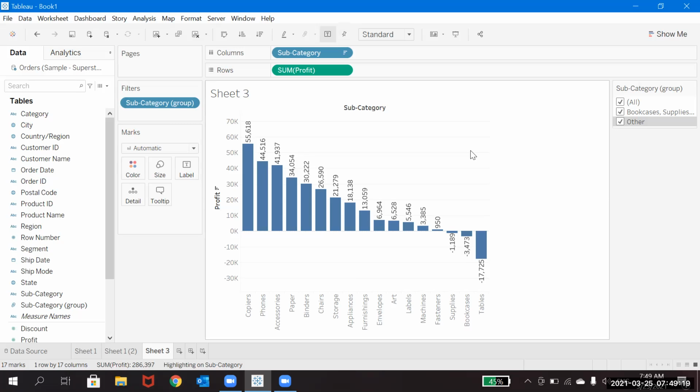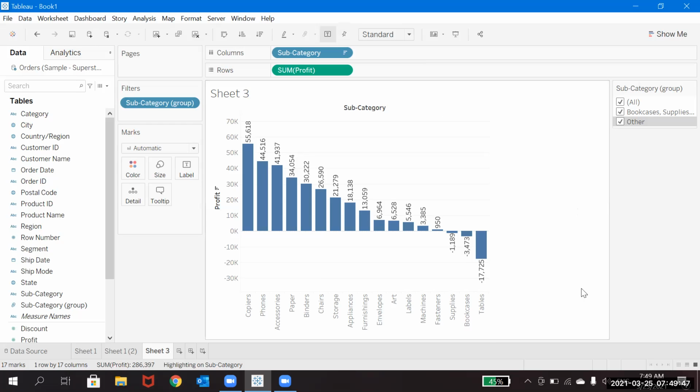Then you want to do the sorting, but without knowing where that sort option is, how will you do it? And you don't know where to put the customer name and sales, without knowing what the column shelf and row shelf are, right? So that's why I'm telling you all these options now, and then we'll go for the actual visualizations.